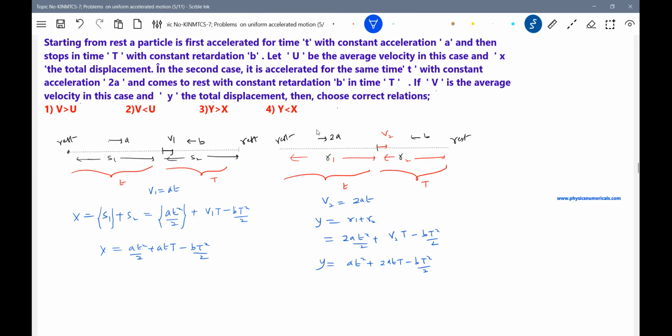So at square minus bt square, this I'll expand and we'll see what we get. At square plus at square, a small t capital T, a small t capital T minus b T square by 2. So a t square by 2